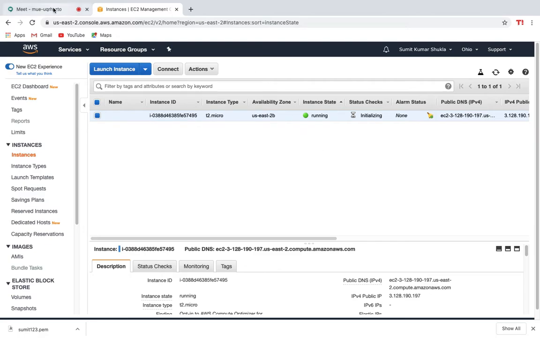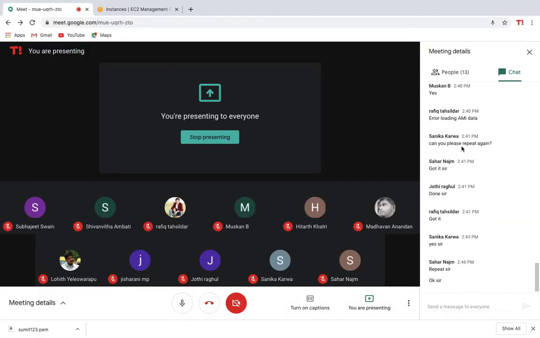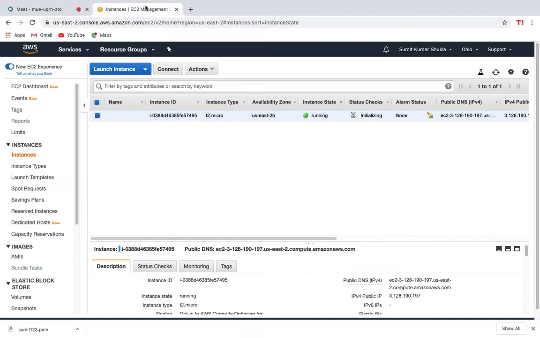So everyone is having this. Here I will be repeating it after completing this one. I'll be repeating it once, don't worry. There are some weather issues as well as network issues today. The weather is very bad here today. Meanwhile, the network is also getting bad. So let's do it fast.